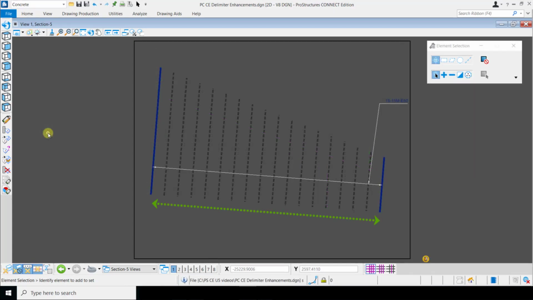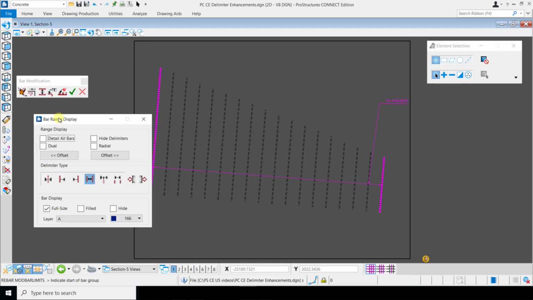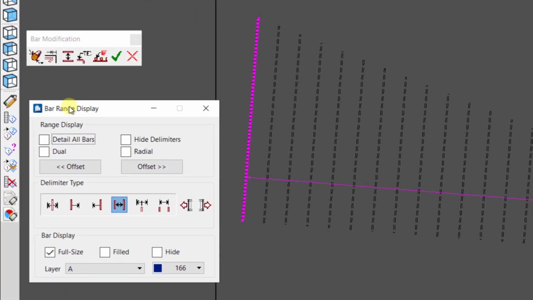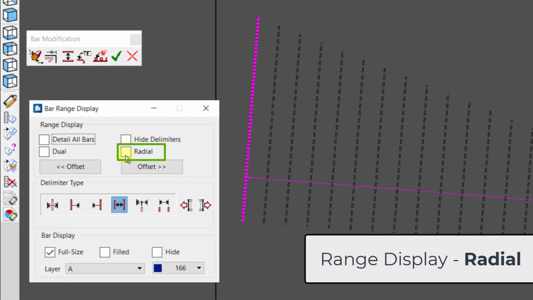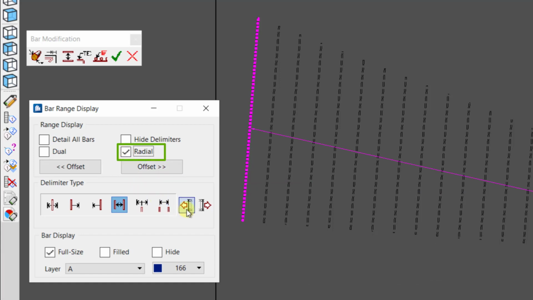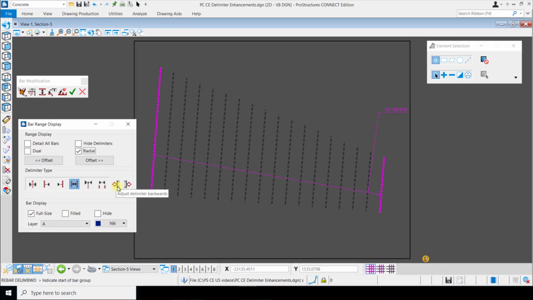This new feature enables the rebar delimiters to follow complex paths, such as in this case, where one end of the rebar set has a slight slope and the other end has a steep slope. The delimiters in Update 5 will recognize and adapt to the true rebar distribution path to maintain uniformity in the display of the drawing section.